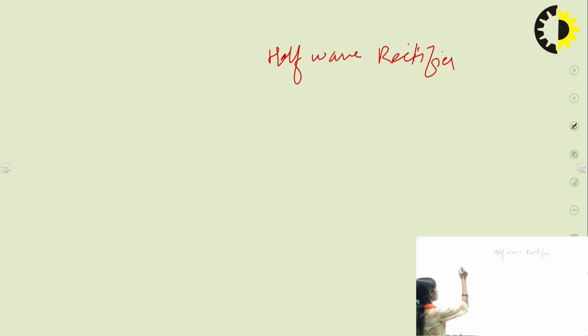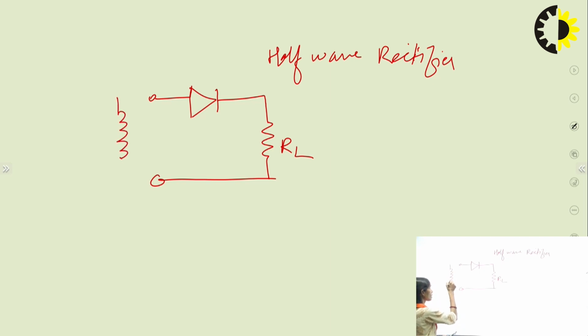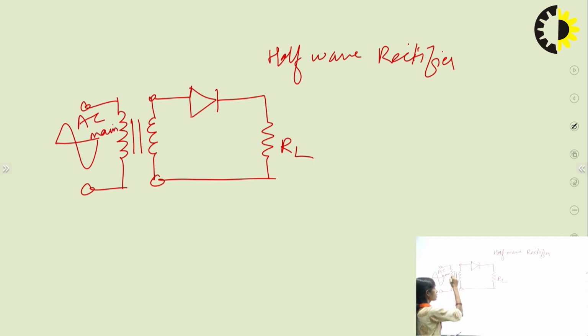So when we see the circuit of the half wave rectifier, it consists of only a single diode, and a load is connected here. Now the input is given to the diode from the AC power supply or AC mains. So we have to connect one step down transformer here, because the diode has a tendency of using only the smaller voltage. So the AC mains signal is first stepped down to a lower voltage,